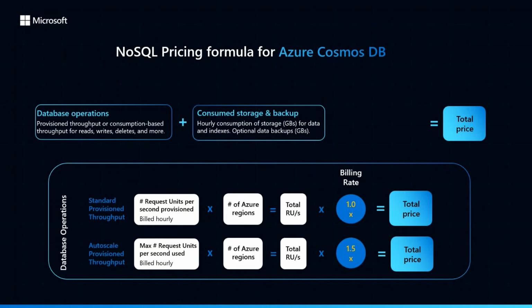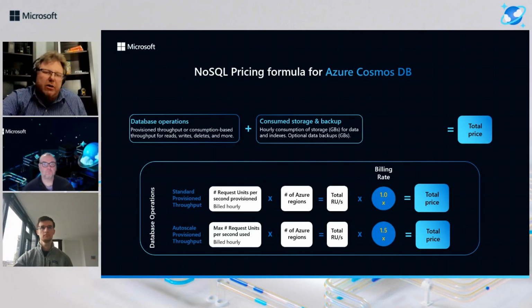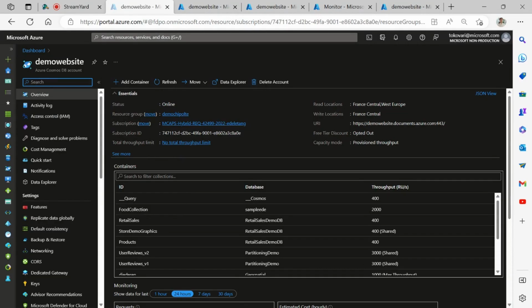And remember, you can always choose between manual and autoscale and switch between them at any time you like. With that, let me hand over to Thomas, who will guide us through the exploration of the real Cosmos DB accounts that you work on every day. Thanks, Gary. A first step in any optimization exercise is to understand what it is I actually have. As Gary mentioned in the introduction, the bill for Cosmos DB is primarily driven by throughput, storage, and region configurations.